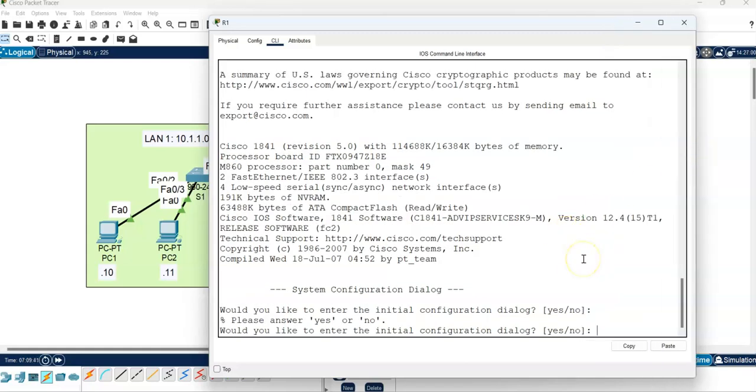But just to show you clearly on this recording, I made it a bit large. So this is taking you to the initial configuration dialog. That is taking you through steps like, do you want to configure this, yes or no? Do you want to configure that? We don't want that. We just want to configure what we need. So I would just say no,